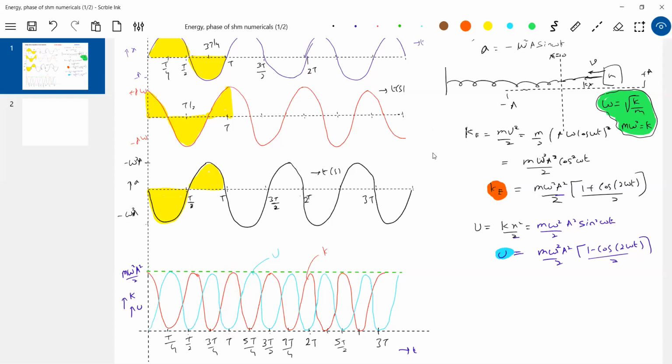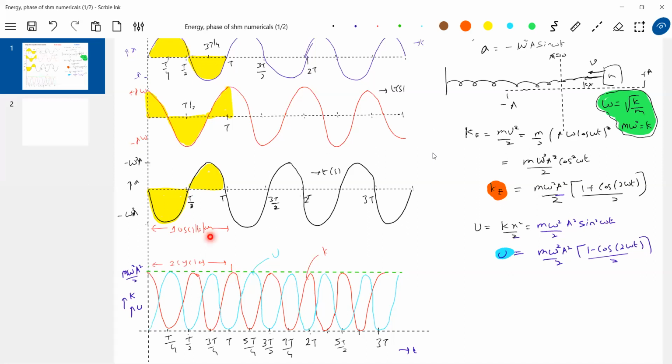Okay, this is one cycle. We'll write it. There's one oscillation, no? According to the block, one oscillation for the block. In one oscillation, how many cycles will be completed here? I'll use the word cycle. The kinetic energy or the potential energy will complete two cycles. If this block takes capital T to complete one oscillation, in that interval of time, this is the time period of variation. One cycle gets over, then another cycle comes in.